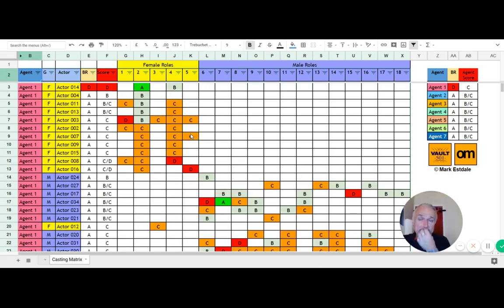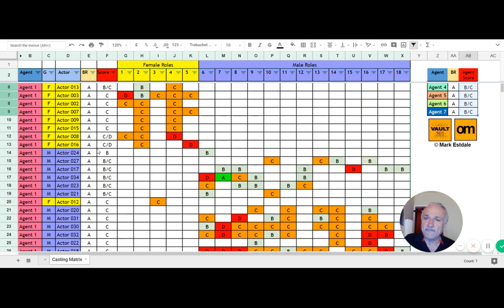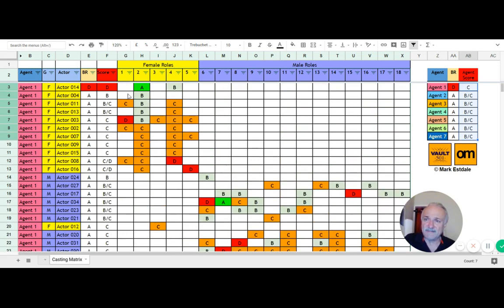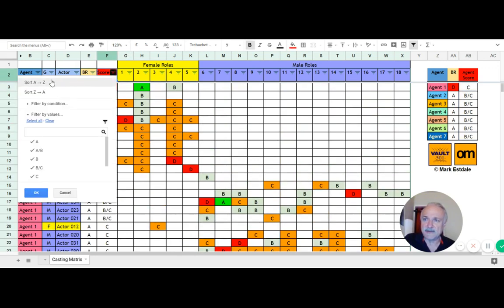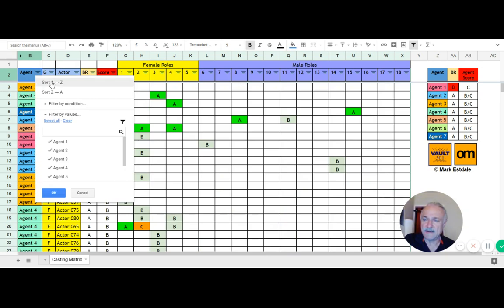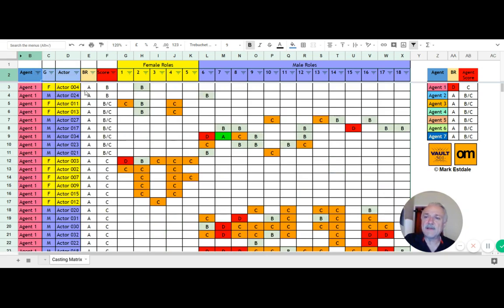So then we evaluate the agents, and this is very straightforward. The score here is the sum of all the actors submitted by that agent, which gives us an idea of what the agents are about. So agent one, let's do it this way. Score by agent. Here we go. So agent one has got